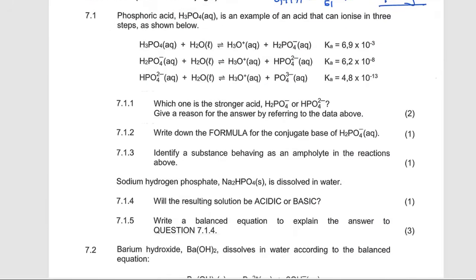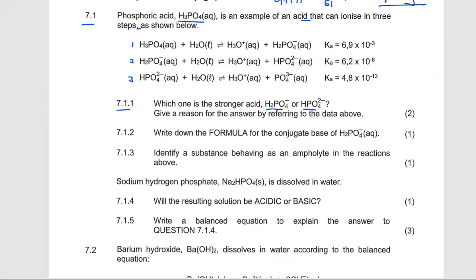Then moving on to 7.1. Phosphoric acid is an example of an acid that can ionize in 3 steps as shown below: step number 1, step number 2, until step number 3. Then 7.1.1 reads, which one is the strongest acid, H2PO4 negative or HPO4 2 negative? We are asked about the strength of these acids. So which one is the stronger acid between these two? Our answer is going to be